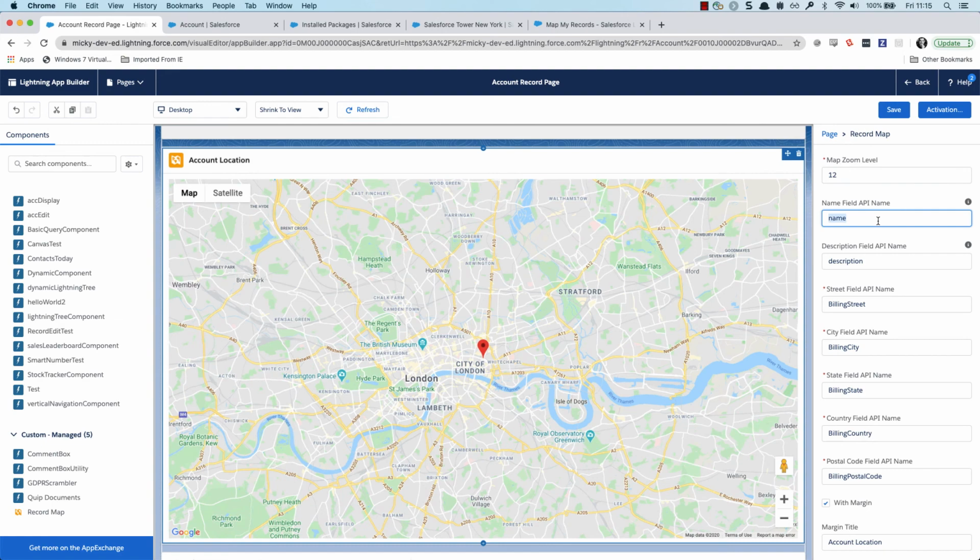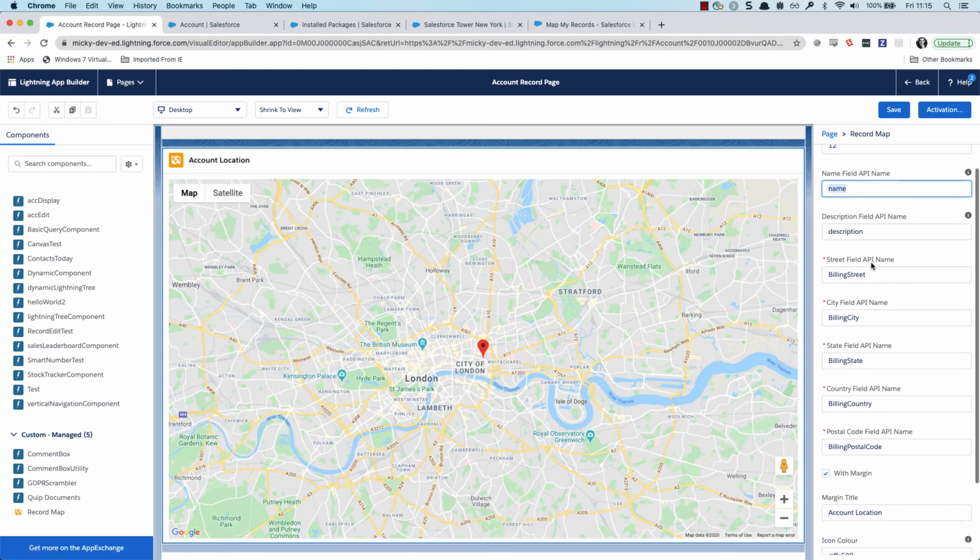I can customize the API names for all of the fields to do with Map My Records. First of all, the name of the record and the description of the record. And I'll show you that in a moment when we click on this pin in the user experience. We can then customize the API names for each of the address fields. These are configured by default to the account billing address, so I don't need to change anything when I'm using